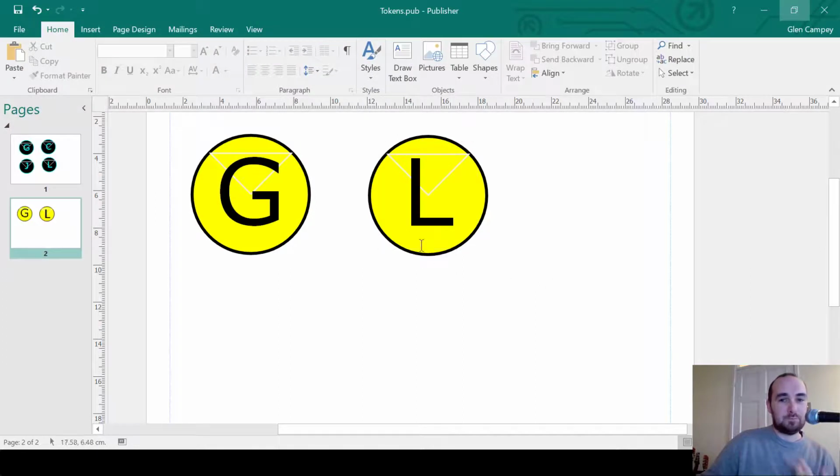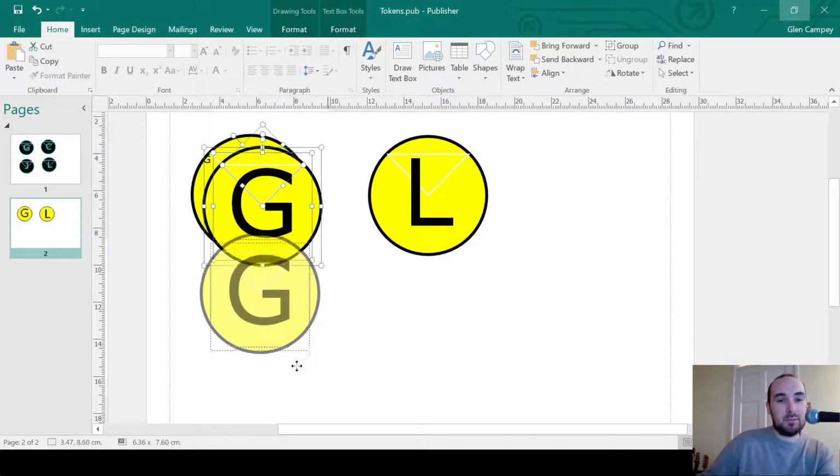I'll create the rest of these later. You don't really need to see any more of that, but it's just a case of, if you copy them, they're going to be the same. So I've got this one here now, and I can paste again. That gives me the three